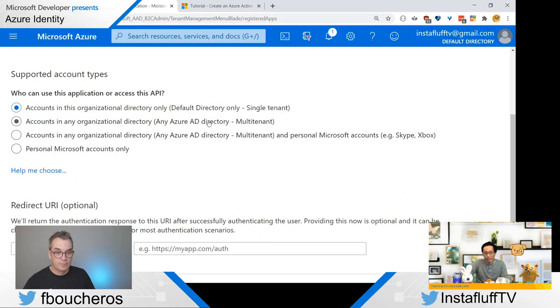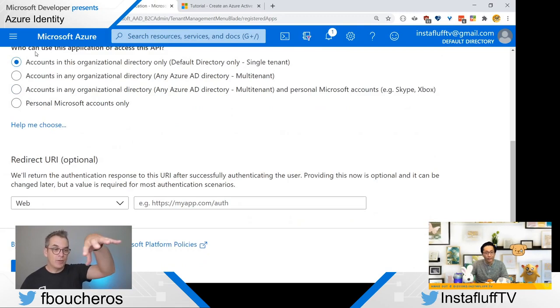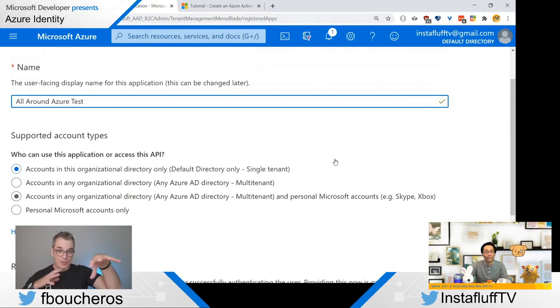any Azure Active Directory or multi-tenant. So this is like if you have multiple different organizations, but we only need this one. And so that one will be inside your Azure Active Directory, inside your Azure subscription.